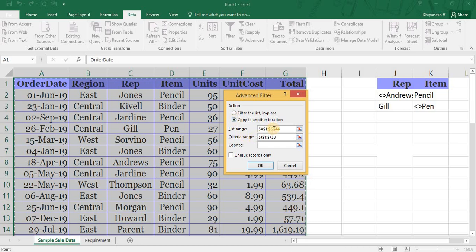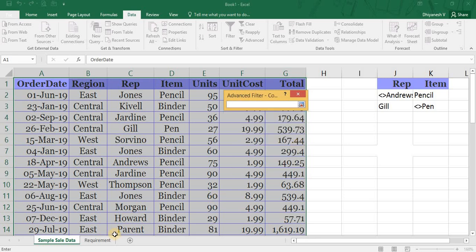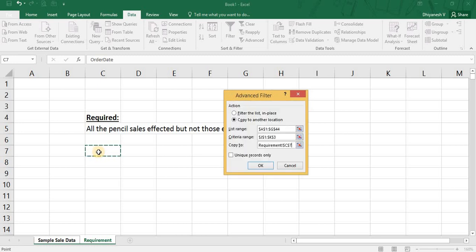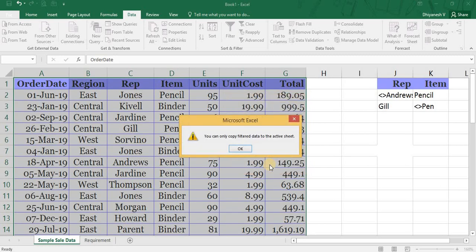Select the entire data table you want. For the criteria range, select the entire criteria range you have typed, use copy to, and select the place where you want those answers. You can select even in the next sheet. Select the place and select OK.